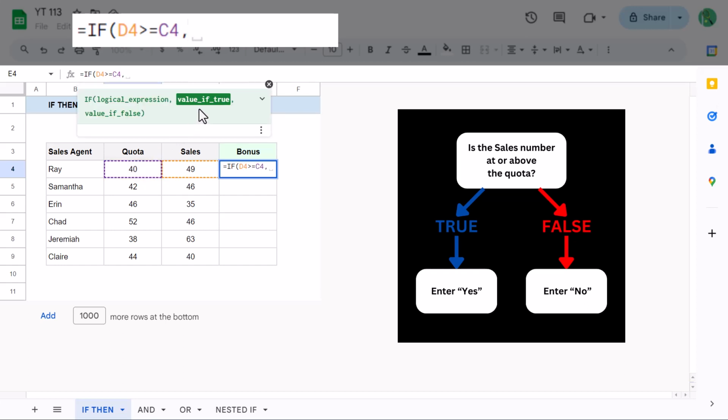For the second argument, you specify the result that you want if the test returns true. So in this case, you want back the text value of yes. So you simply type in yes. Just be sure to include quotes anytime that you manually type a text value into a formula. Then you move on to the third argument, and the third argument is the result you want back if the test returns false. In this case, you want the text value of no if the sales agent did not meet their sales quota. So you just type in no,